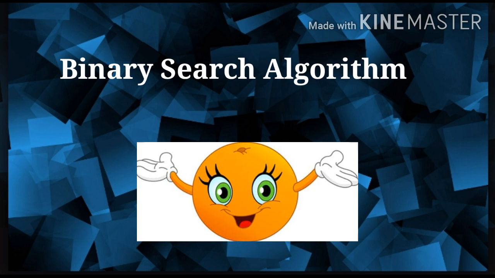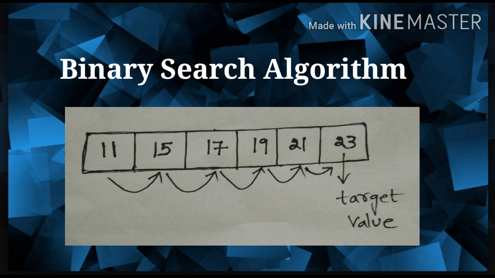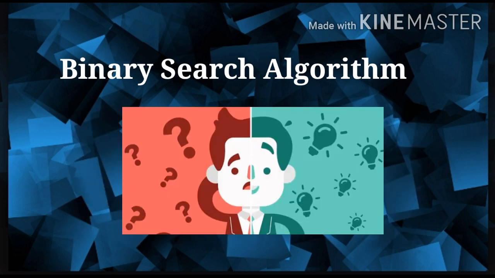The drawbacks are that it is a time-taking process to search for the target element. Because it is a linear search, we have to search sequentially, one by one. If our target element is at the end of the list, it takes so much time and so many steps to find the target value. So it is a time-taking process. Binary search was developed by overcoming the downsides of linear search.